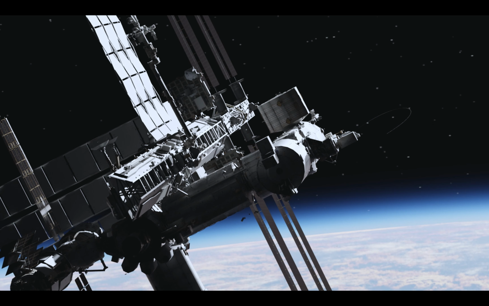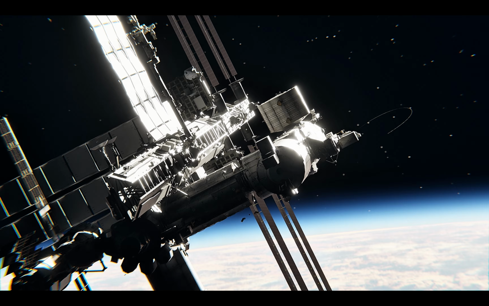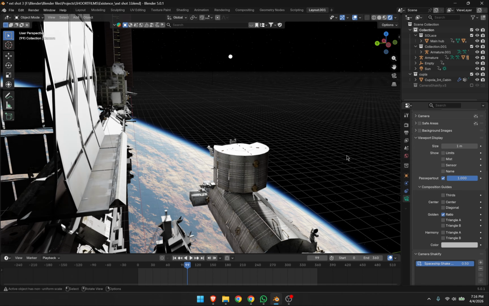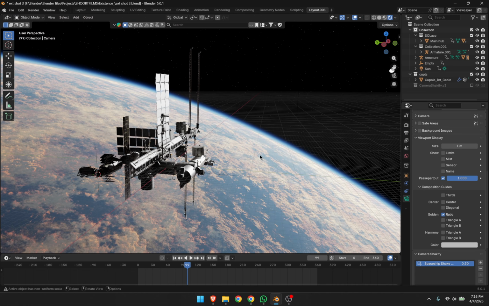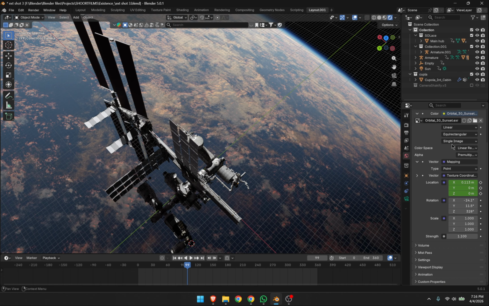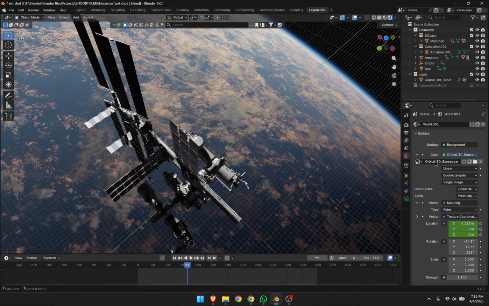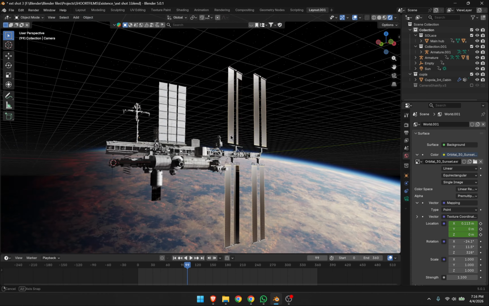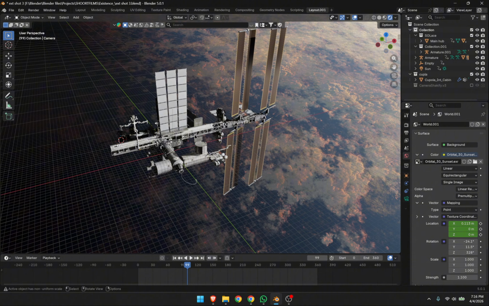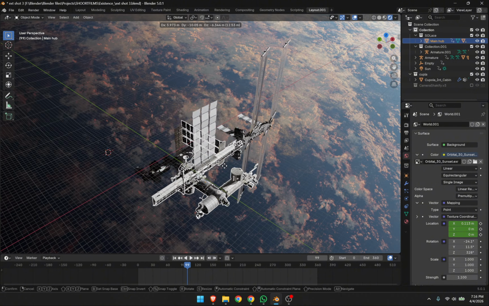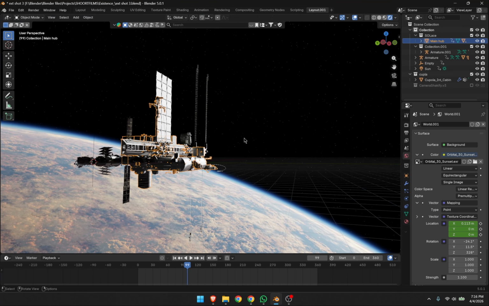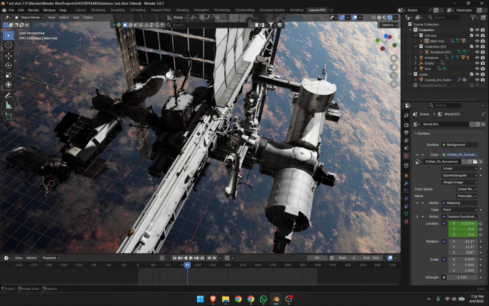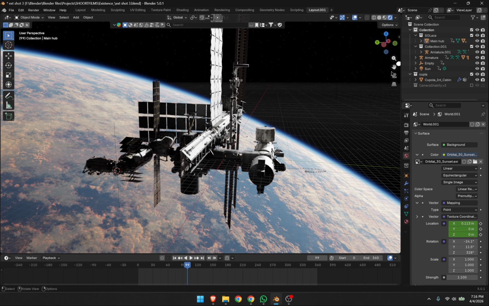In today's video, I'm going to be showing you how to get that space look in Blender. So I already have the scene set up in Blender with just a space station model and an HDRI as the illumination and for the Earth. So I did not bother to use a dedicated Earth 3D model, but yeah. So this is our scene right now, and first things first,